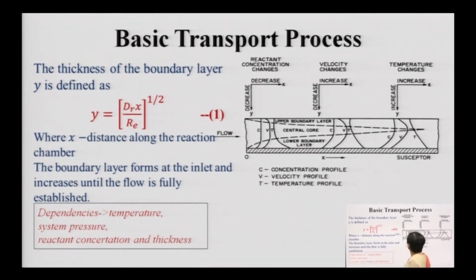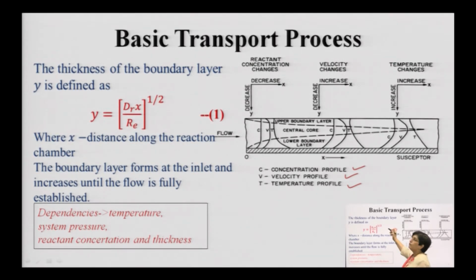Now, this is what I was talking about. This is the diagram which gives you the dependencies of all three parameters, that is concentration profile, velocity and temperature. How these three parameters behave within the chamber, and how the profile is getting created, that understanding will give you the idea of controlled epitaxial growth onto the wafer substrate.